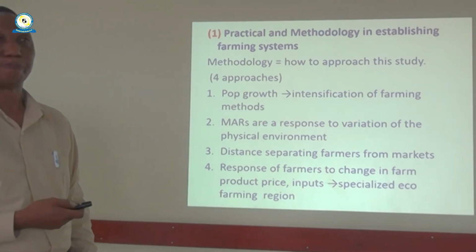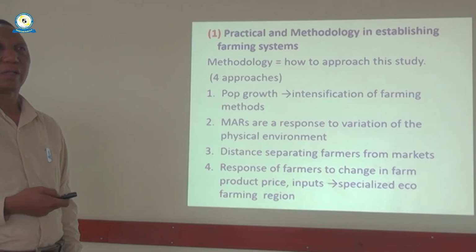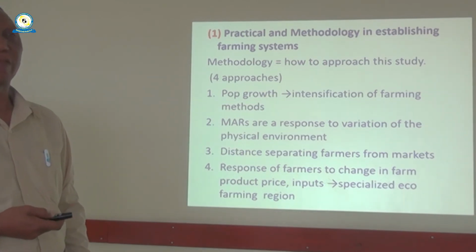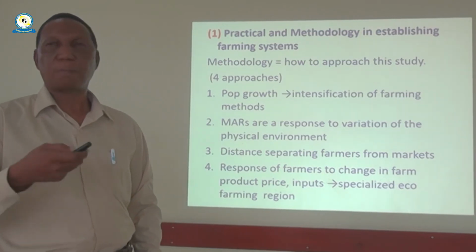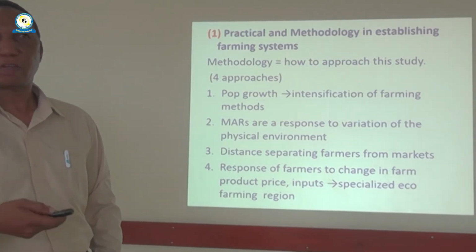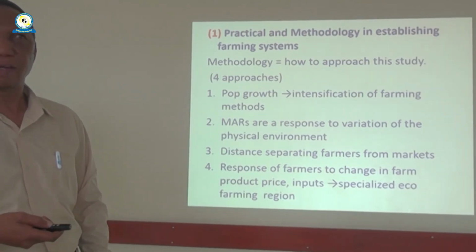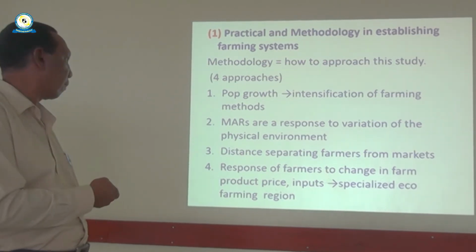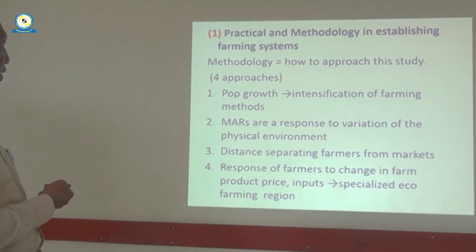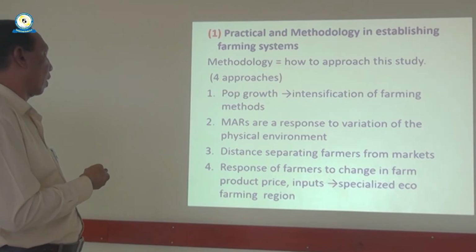When it's far, for example, if they are cultivating potatoes, maybe vegetables, and the market is very far, it's most likely they can abandon growing vegetables because they need special care. They are fragile goods. They can easily go bad. They can even rot. So they can change. So the distance of the market from the farming place is also a factor that can determine the